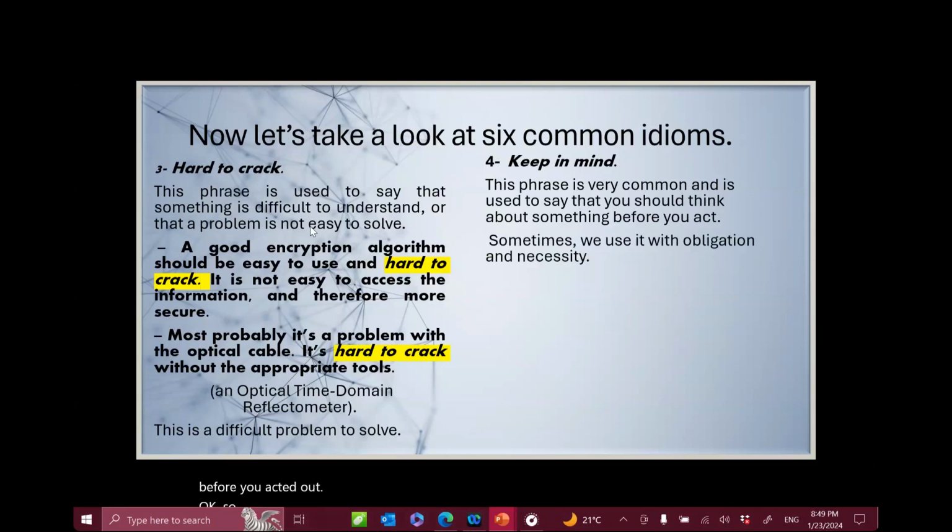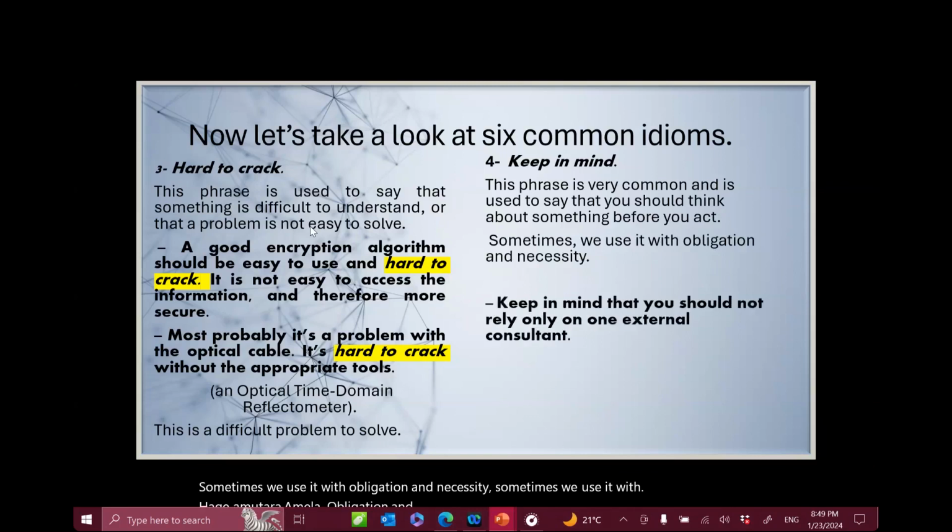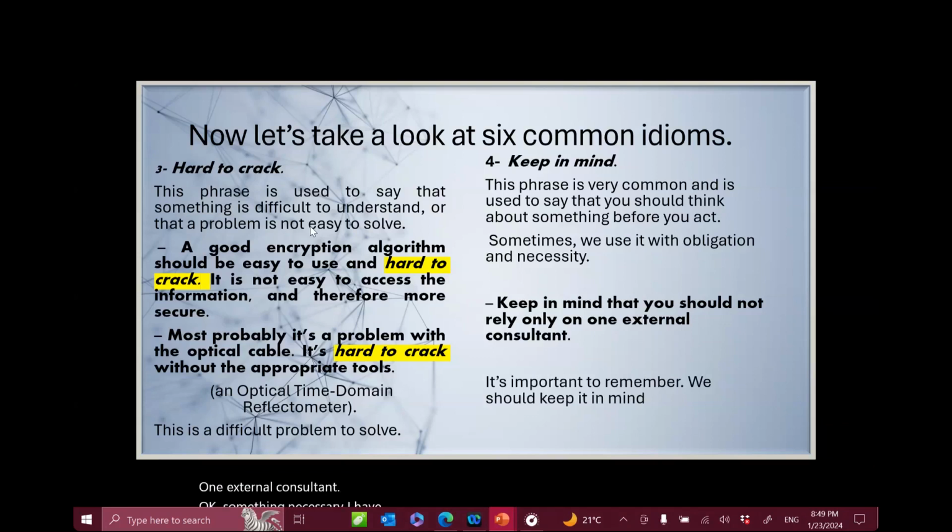sometimes we use it with obligation and necessity. Sometimes we use it with obligation. حاجة أبقى مضطرة أعملها. Obligation and necessity. ضرورة. Okay? Keep in mind that you should not rely on one external consultant. Okay? Something necessary I have to do it. It's important to remember. We should keep it in mind. Okay? So,